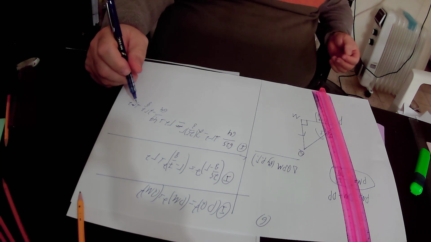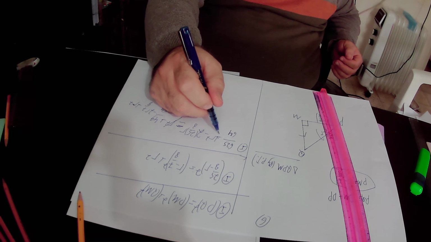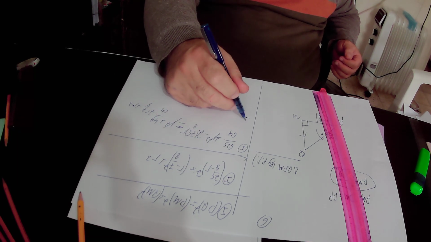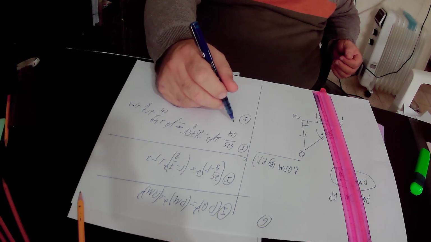So here we have r squared on both sides of the equation, so r squared will get cancelled. And on this side of equation number 1, what is left after we cancel r squared is